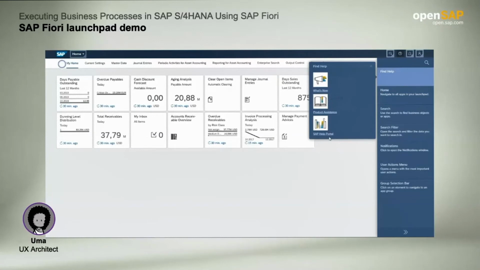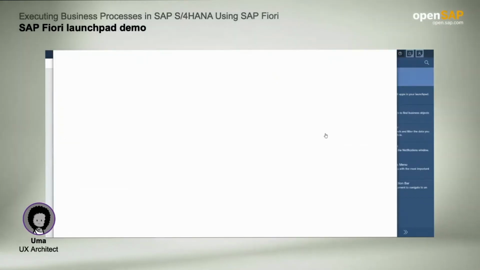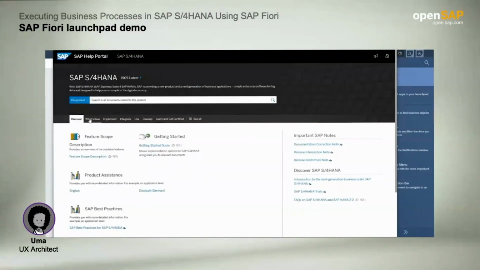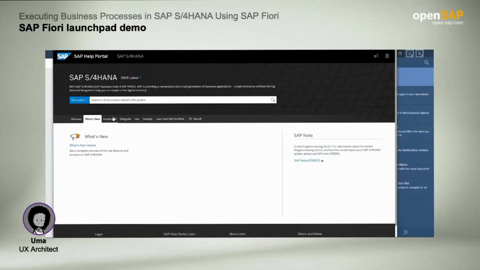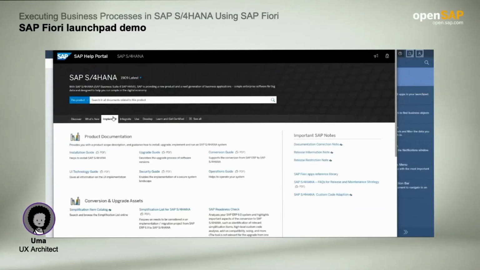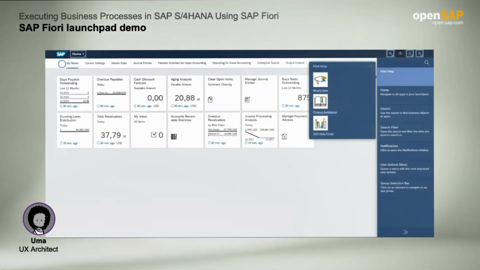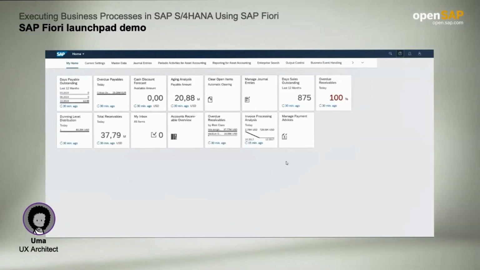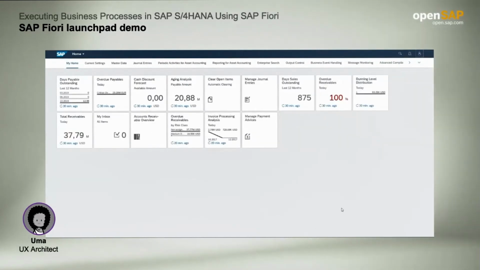And the first option on the menu will lead us to the official SAP documentation. Here we can see a description of the app, key features, supported devices, and more. These features will help us to be more productive and efficient with an easy-to-use UX.